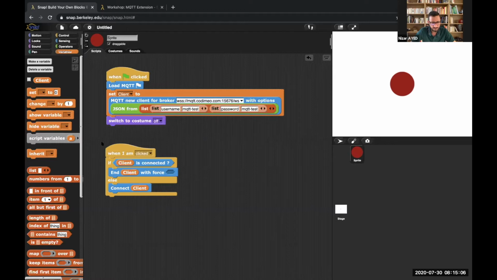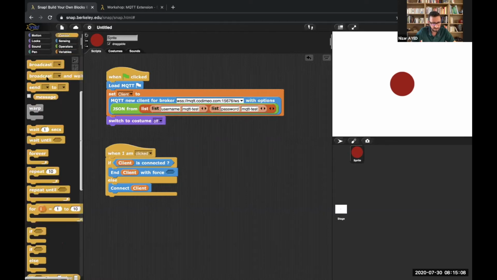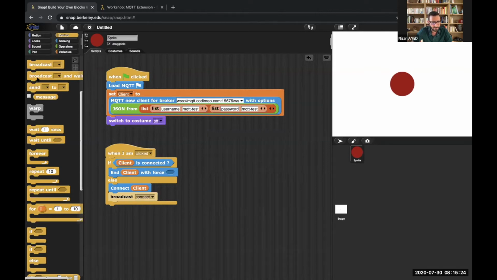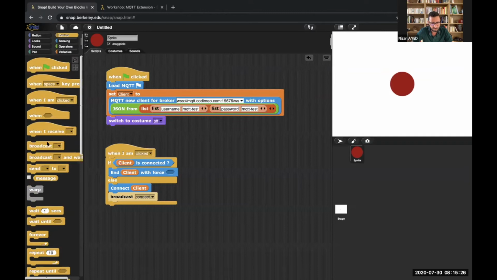So when we connect, we will broadcast a message to complete the connection and explain the behavior for each event. So here we will put the message, we send the message connect. And then when we receive the message connect,